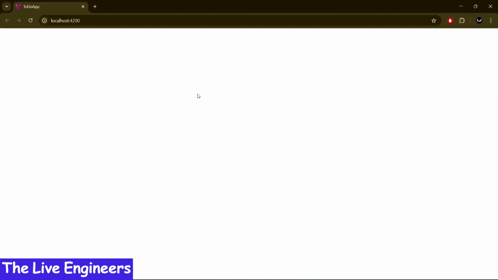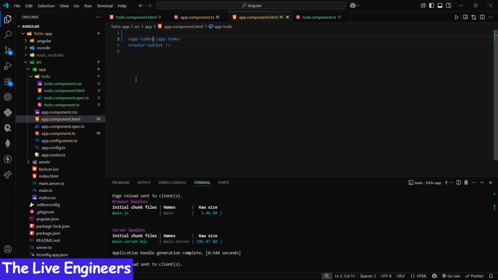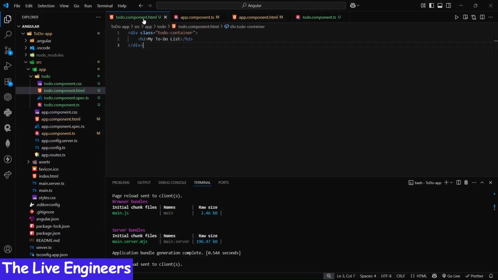So is it visible now? Yes, indeed it is visible. So now we are working with our external component which we have created manually. So let's head back to this HTML, to-do component.html, and next, since we have given the heading, now we